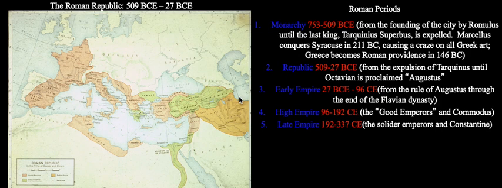There's a famous saying that all roads lead to Rome, and this is certainly true by the time we get to the High Empire and Rome has reached its greatest extent. So up into the period of the transition to the early empire, and that is with the elevation of Augustus as sort of the emperor god of Rome,